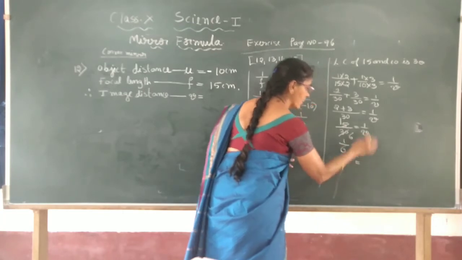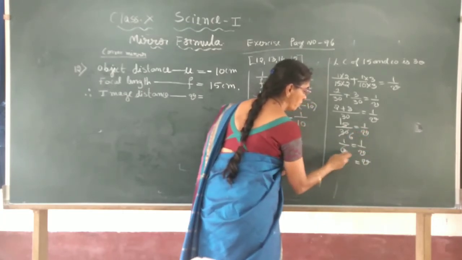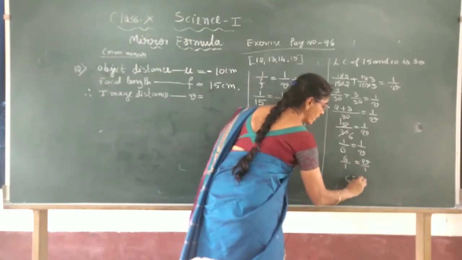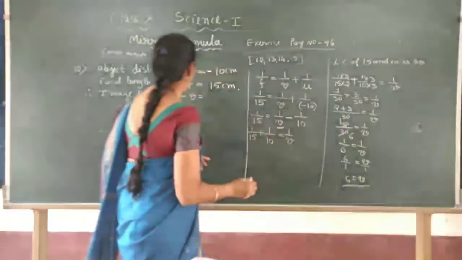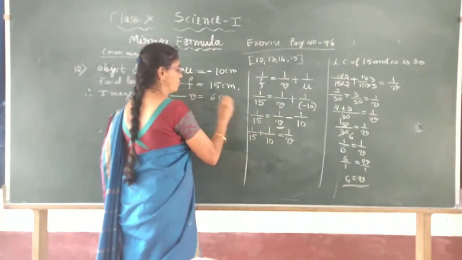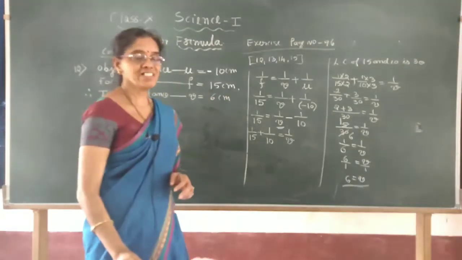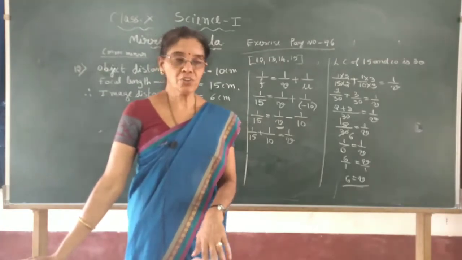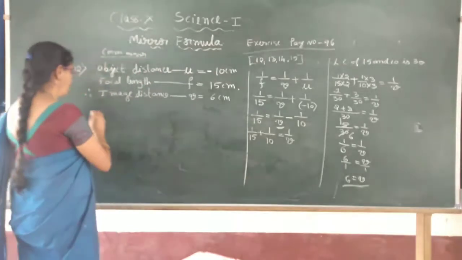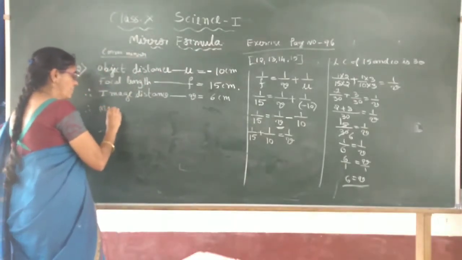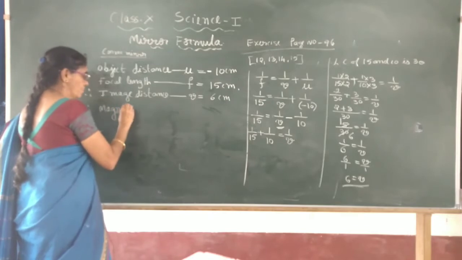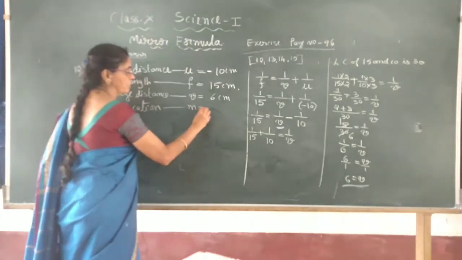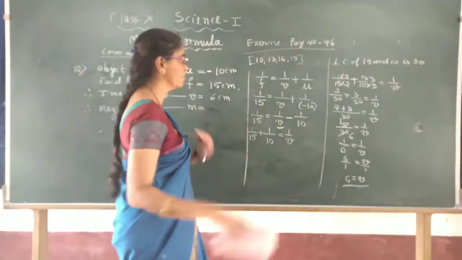So v is equal to, write the reciprocal. In v place I have 6. So v by 1 is equal to 6 by 1, or simply you can write v is equal to 6. So the image distance is 6 centimeter. The image will form 6 centimeter away from the mirror, behind the convex mirror. But to write the nature, you should know about the magnification. So I will find the magnification of the image. The symbol is small letter m. So that we will find out.